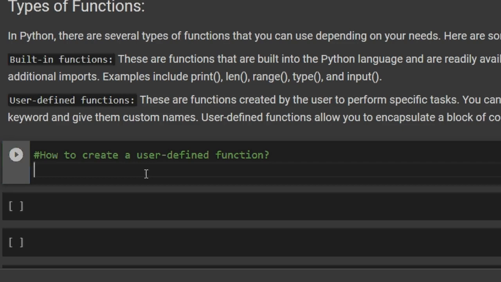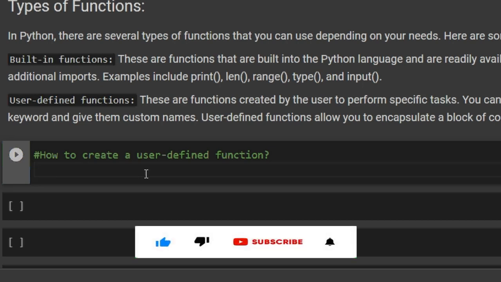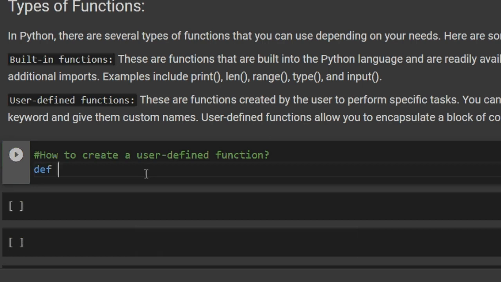So we will be creating a function that will let us know whether a given number is odd or even. So I will write def. The def keyword is used to define a function. So we'll write def, then the name of the function. I will give is_even. And inside these brackets we can pass a parameter. Here I will be taking an input from the user that will be an integer. So I will write num,